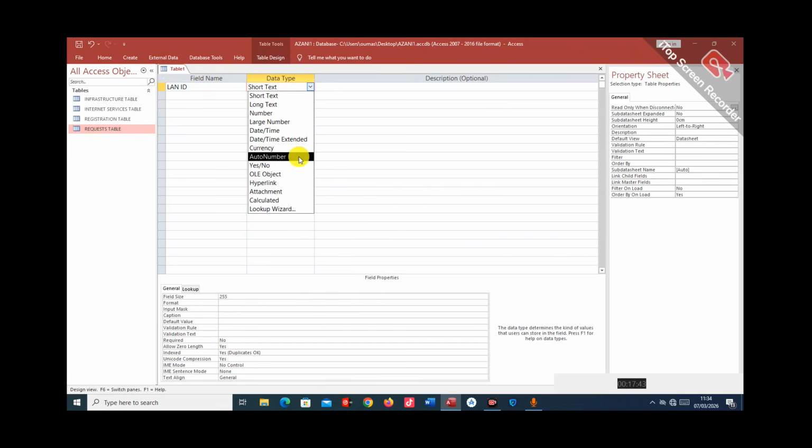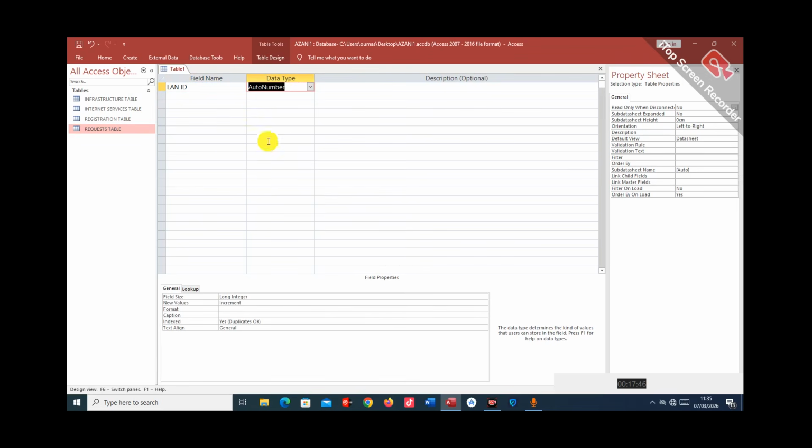You can give it auto number or short text. Auto number will just be counting continuously. When you input the first one, it gives it 1. The second one, it gives it 2. In that way. Okay, after LAN node ID, we will have the range of the LAN node as our second